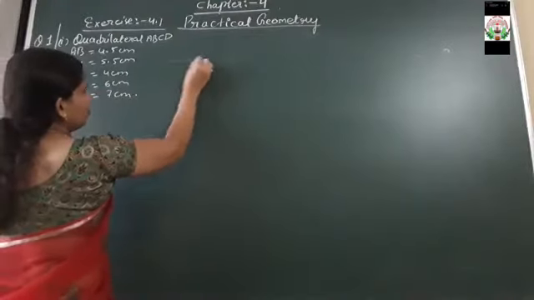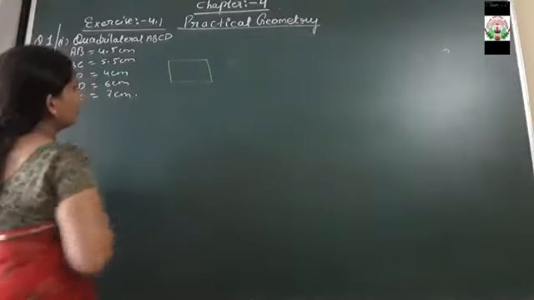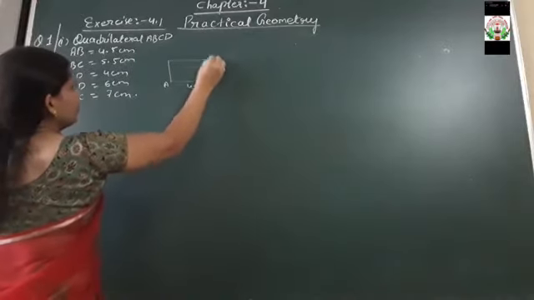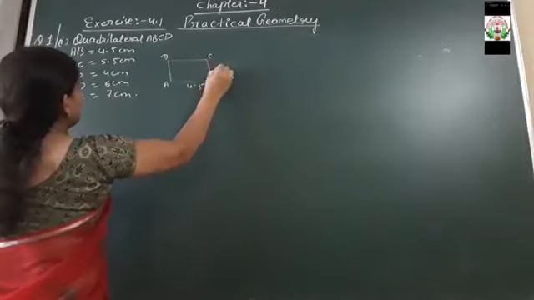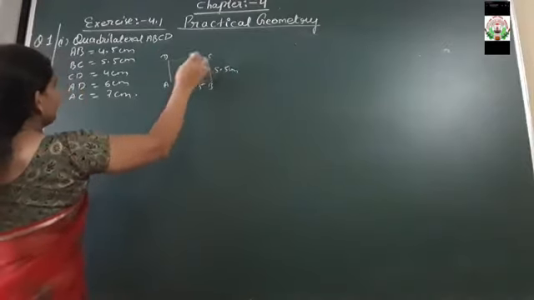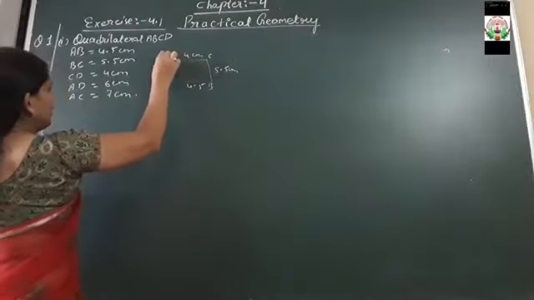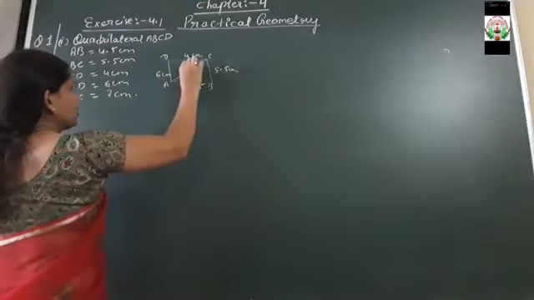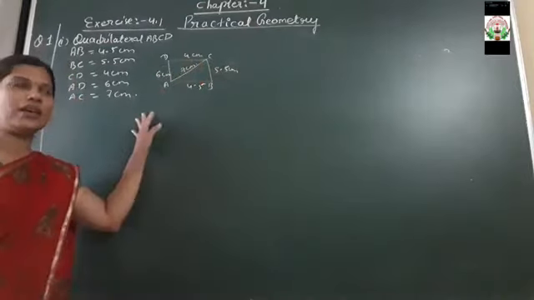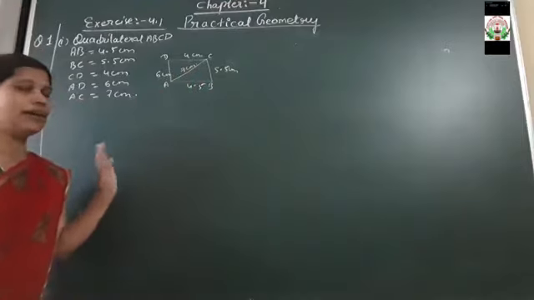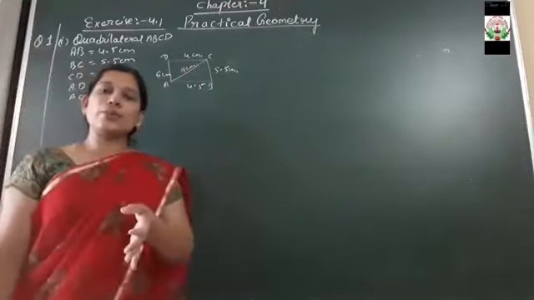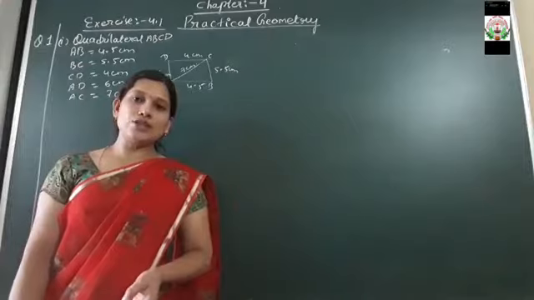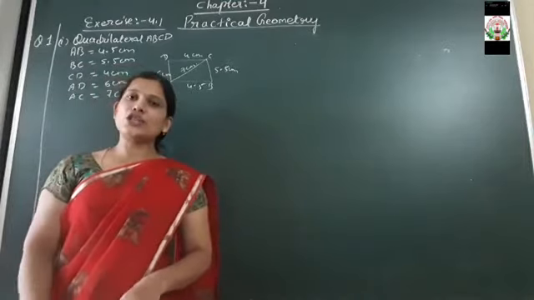So here without measurement, suppose I made a quadrilateral, okay, let AB be 4.5, then BC 5.5 centimeter, then CD 4 centimeter, then AD 6 centimeter, and AC, that is the diagonal, will be 7 centimeter. This is the rough sketch of this measurement. Now we are going to apply the practical geometry form. For that, what you need is a geometry box. In that a rounder should be there, eraser, pencil, and most important thing, a scale should be there with you.